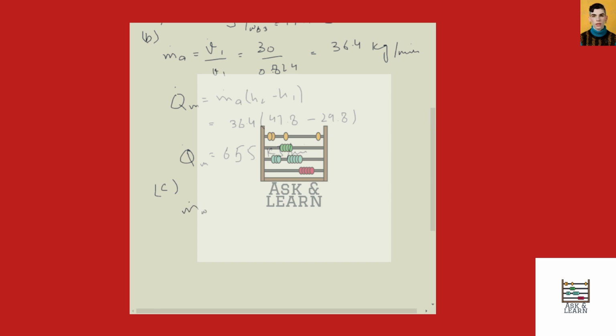Rate of water added here is m dot w3 minus m dot w2 is equal to m dot A as common into W3 minus W1, putting the values m dot A value 36.4 into W3 value 0.00888 minus 0.00581, and here the answer comes 0.112